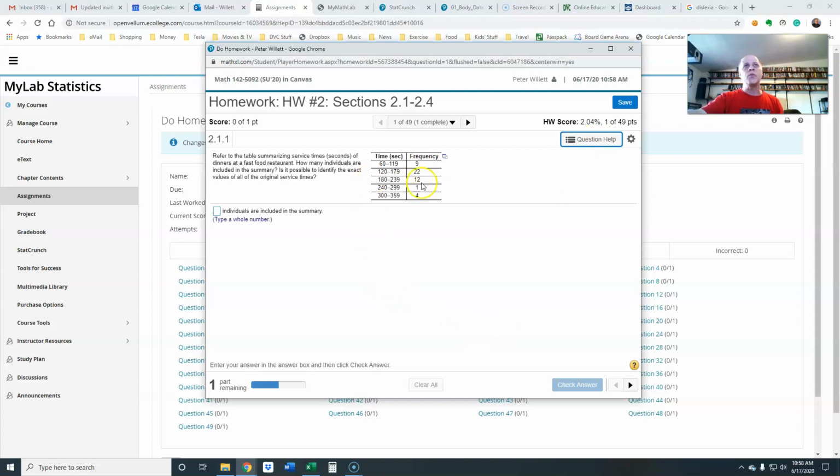Now, in this case, we have a problem where some data is given as well. They've given us a frequency distribution table. Now, when we have data itself or even a table of data results like this, one of the options that's often provided is there's a little icon in the upper corner here. It says Click to Copy Table. And if you click on that, it gives you choices as to how to copy the data. And one of the choices is to open in StatCrunch. So if I click on that,